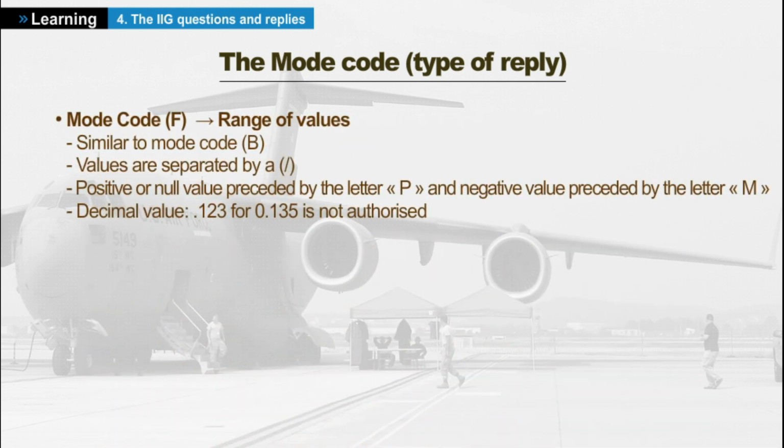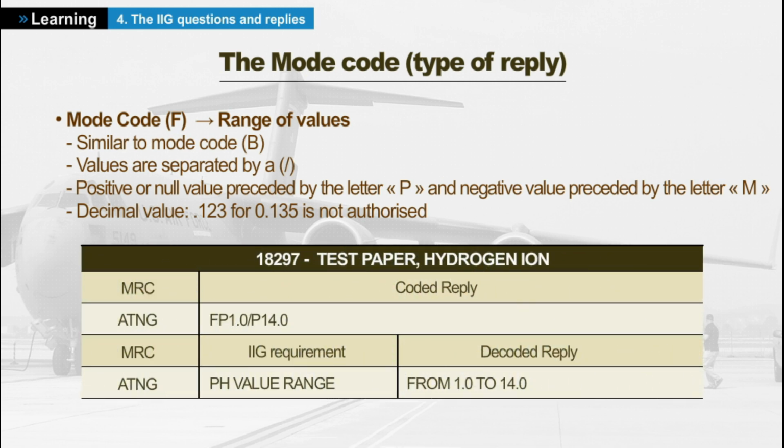Mode code F indicates that the reply is given in clear text. It is similar to mode code B, except that the reply is a range of values written as a decimal with a minimum of 1 digit before and following the decimal point. These values are separated by a slash. A negative or null value is preceded by the letter, and a negative value is preceded by the letter. Example: